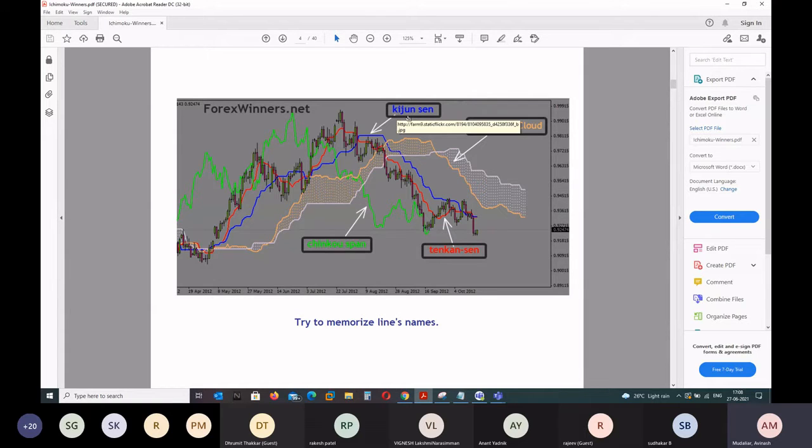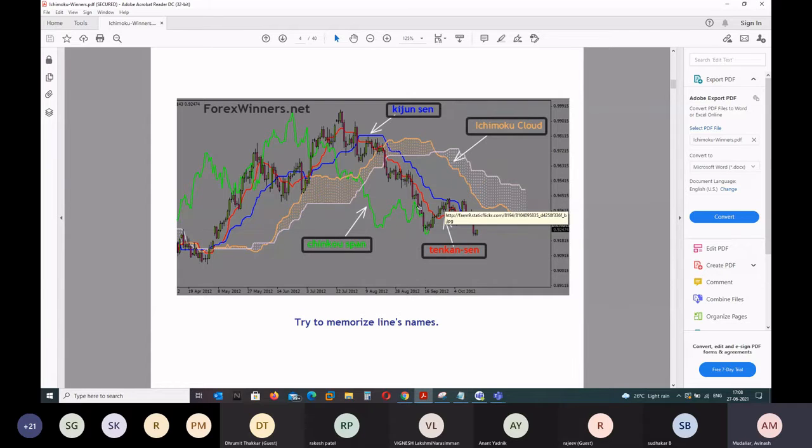If you look into Fib ratios, 0.50 and 0.618 are important support and resistance levels. So Kijun-sen is nothing but the 50% of the impulsive move. In that way it's very important, and even in Ichimoku it's very important because it shows the equilibrium point where none of the parties are in control. You can also call it a price magnet, because the farther the price goes, ultimately it will come and kiss the Kijun-sen.